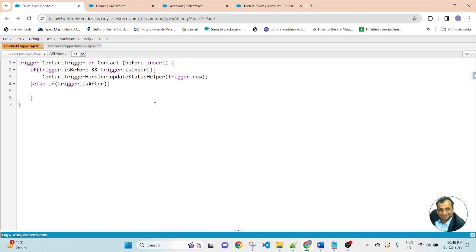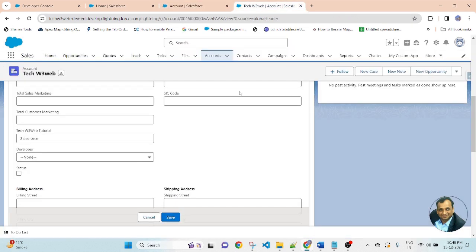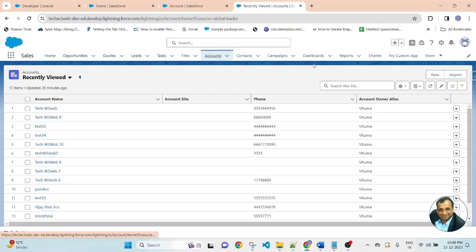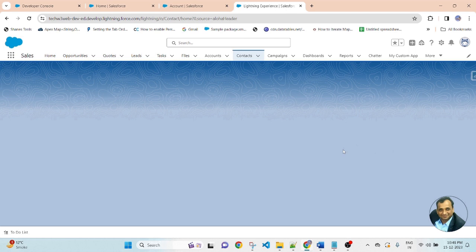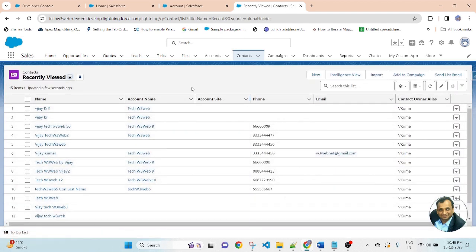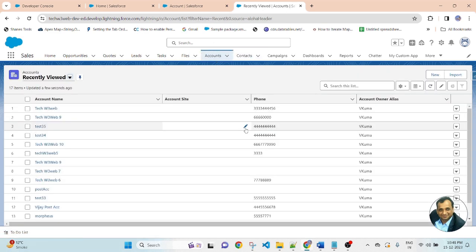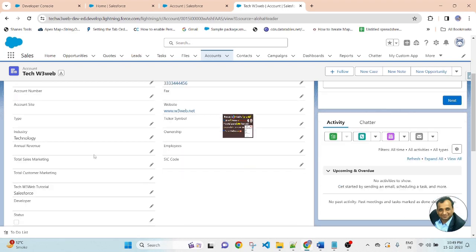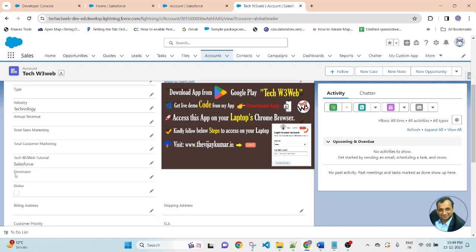Now let me go to the contact object. Let me create a record of contact. Suppose that there is an account Tech W3 Wave and there is a field developer.